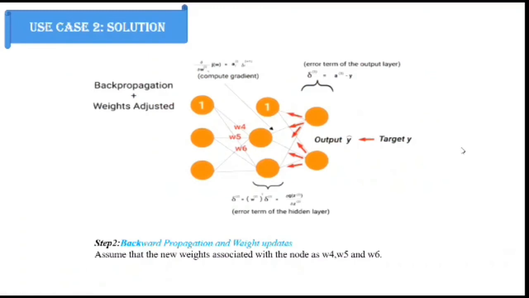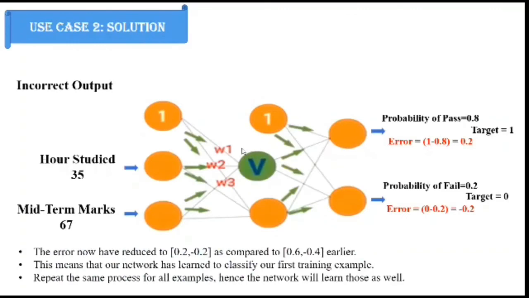This is how the back propagation algorithm works. We'll find out the change in error with respect to the change in weights. So here we need to find out the change in y with respect to the change in W4, W5 and W6, and when we get that, we go back, that is, we back propagate and update the values of W4, W5 and W6, and this is how back propagation is done. Due to this, the result has also changed.